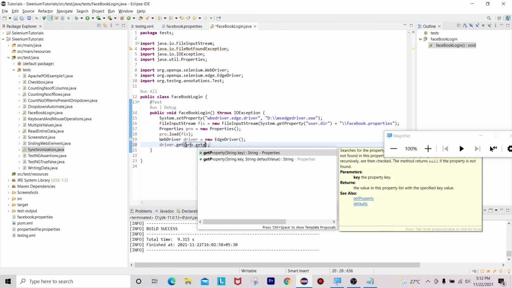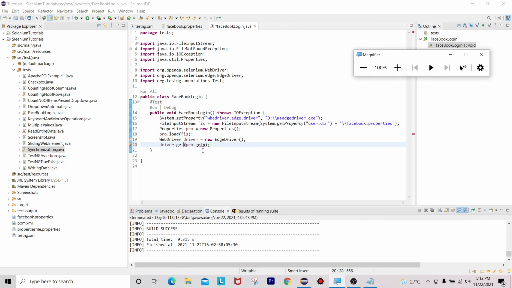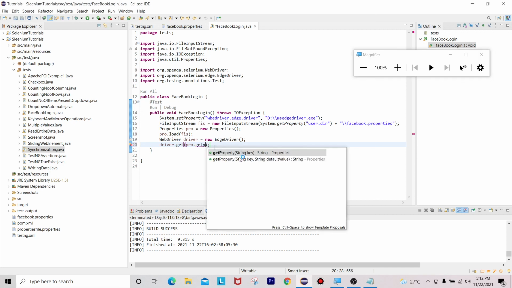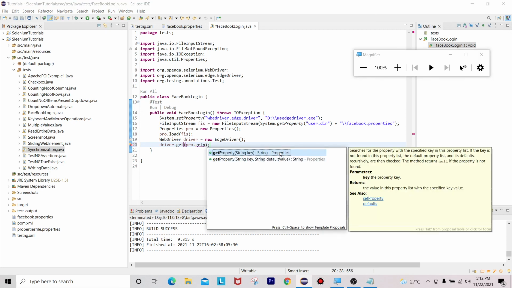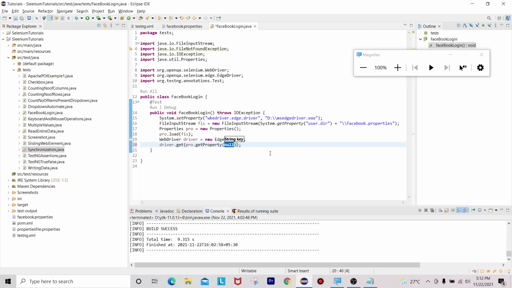dot getProperty. You can see here, one second, let me show that one. What does the getProperty method return? It will return some value based upon the specified key. It will search for the property with the specified key. For example, I am mentioning one key here.